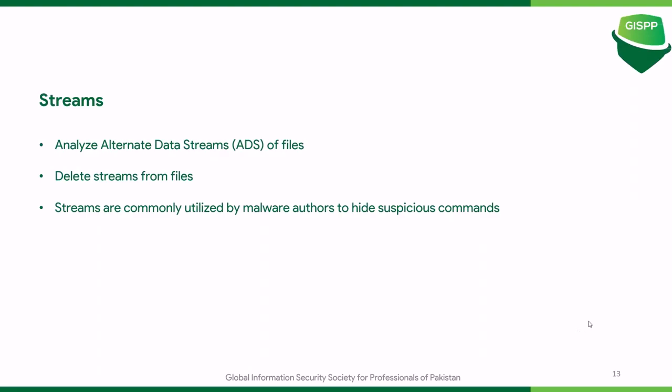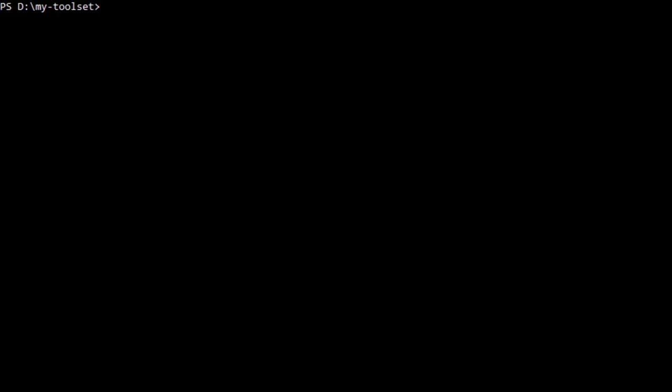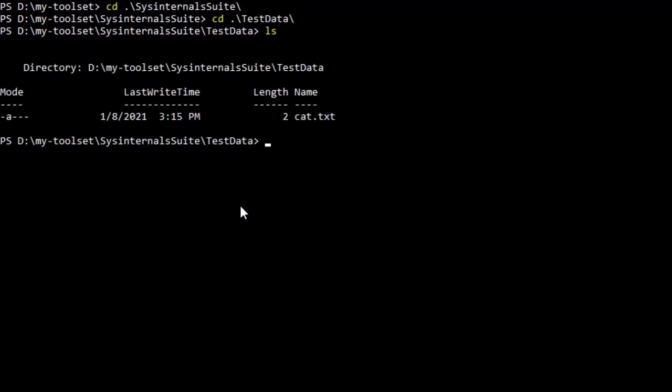Now, let me quickly show you a demonstration of how we can do so. Let's say I go into my SysInternals suite, then go into test data, and I add a cat file, right? So this is one of the files that I've created, and let's say I wish to write something in the data stream. I want to say "I am a malicious command", and I want to write it to cat.txt and its mal command data stream. This is how I can create